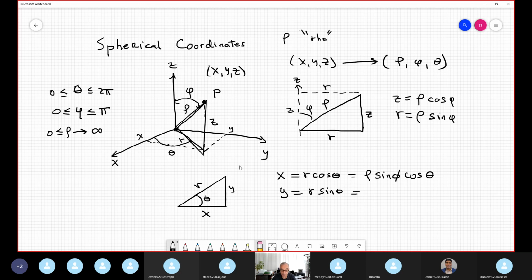And rho sine phi sine theta is y. And z, well, I got it, is this equation. Let me copy here. z is equal to rho cosine phi. It's obvious